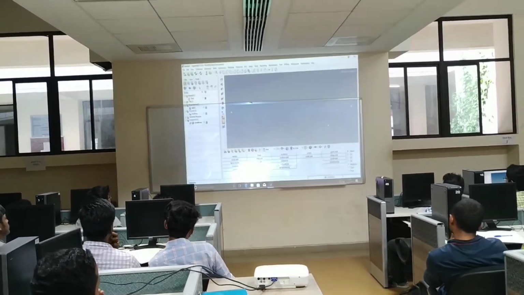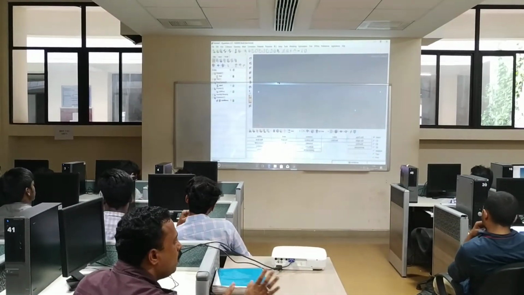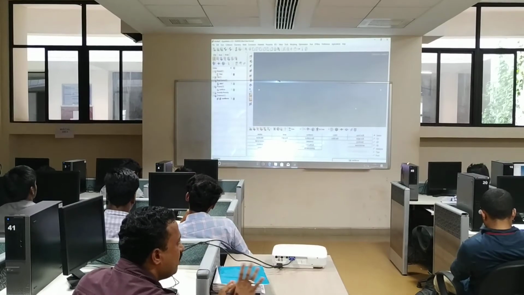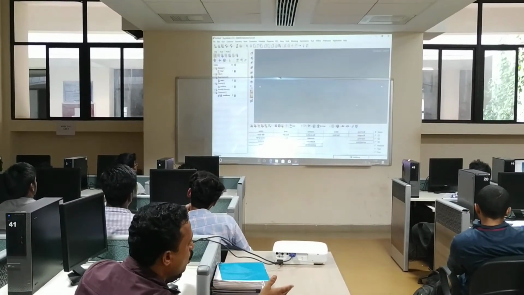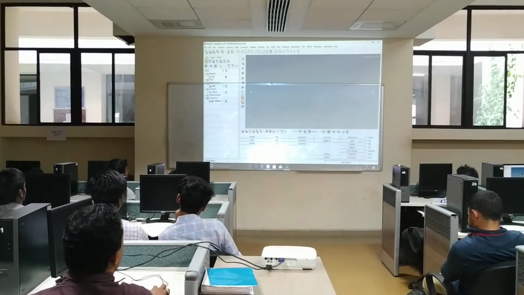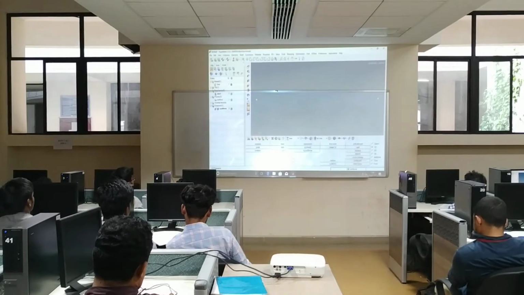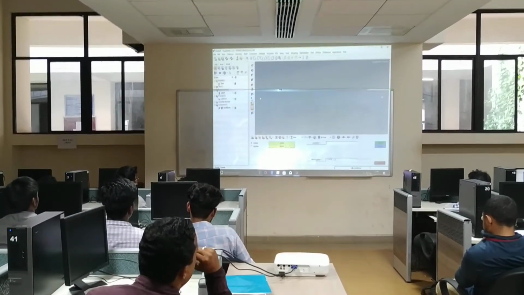So first thing you have to know is that here we are directly creating the element. I am not going to create a line and do meshing, nothing like that. Directly I am creating the element by the nodes. I have two nodes, so I am going to 1D. In that, go to rods.